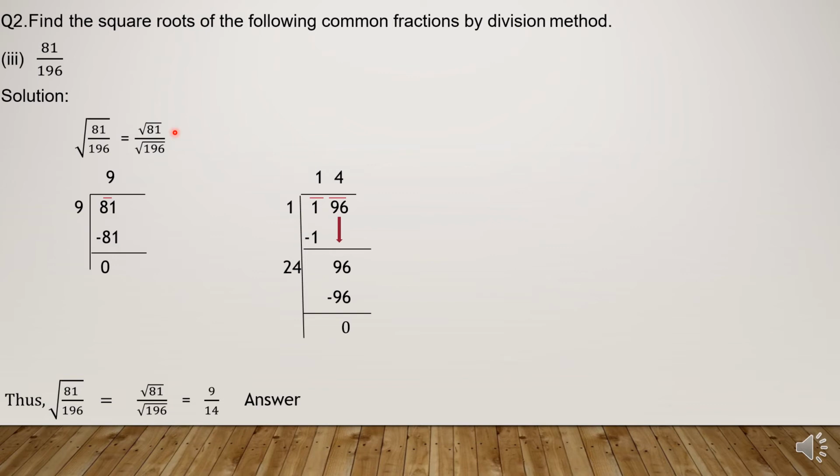So we will put the sign of square root separately on 81 and 196. First we will find square root of 81, then we will find square root of 196. First put the sign of square root, then write down 81 under it. Make your pair from right to left. Only one pair is this, that is 81. Now here what you have to do, you will guess a number, so that this number multiplied with itself we get a number that is equal to 81 or smaller than. We have a number 9. 9 multiplied by 9, 81. 81 minus 81, 0.